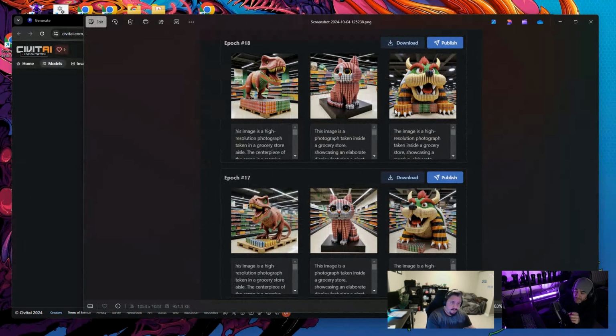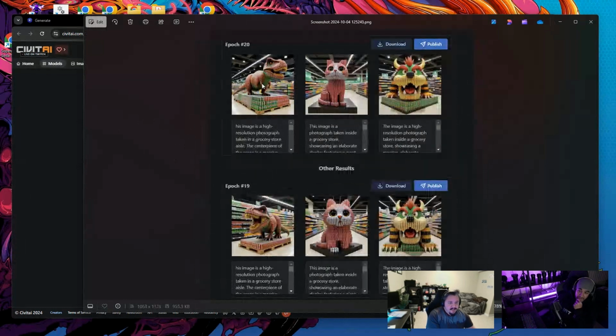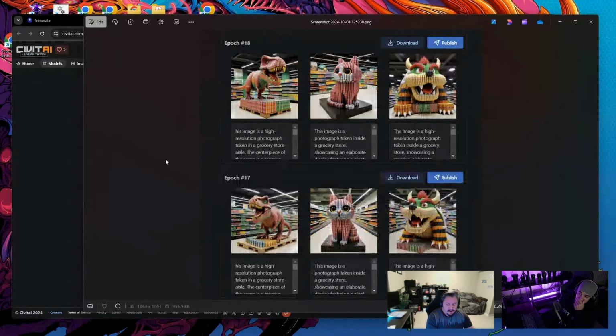How often do you find yourself going down deeper into the epics to find the good one versus the one that Civitai recommends to you at the top? I don't really, I guess bad to say, I don't really trust the one that Civitai generally will tell you, hey, the most recent or the top one or the last trained one is the one to go with. In this case, it might be true. Like Epic 20 is the last one I did, and it does look quite good. But I usually go back a couple, at least. Like I like to try the concept on a lower epic to see if it understood the concept first.